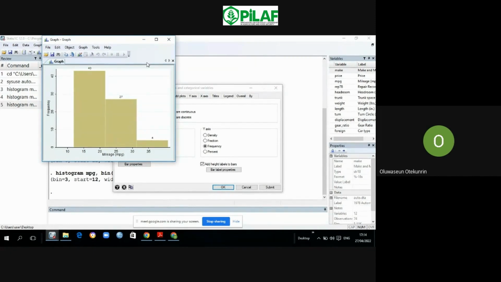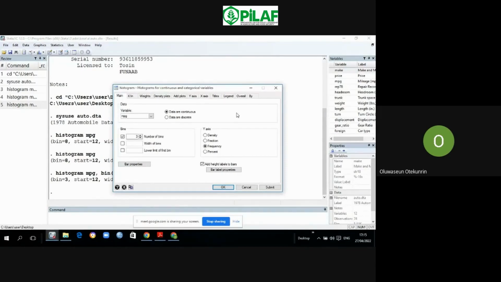If it is too small, you are over summarizing. If it is too much, that means you are under summarizing. So you have to look at the appearance. If maybe you see it's like 6 or 7, you look at the impression it gives you before you conclude. But based on the example that we have here, we have decided to reduce the number of bins to 3. So now we should be clicking submit so that